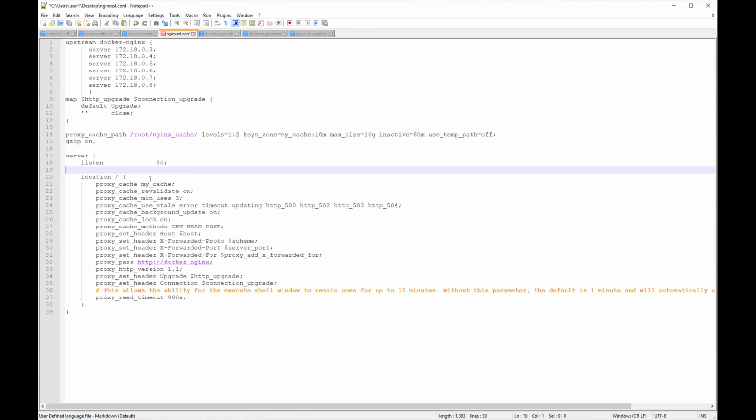So for the proxy to be set up, you can paste all this information. These are schemes and attributes that allow the proxy to serve stale on errors, to cache minimum uses. So this is part caching, part proxying, and also load balancer. So these are 3 functionalities in one.